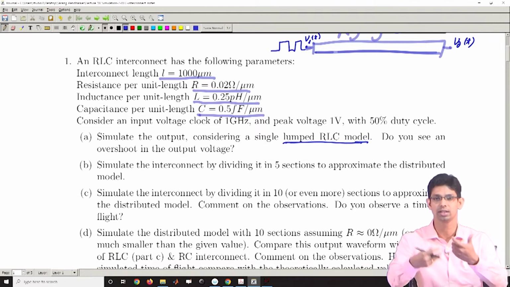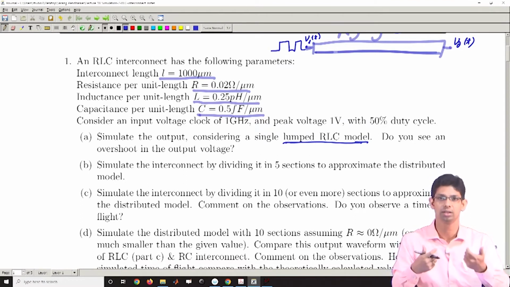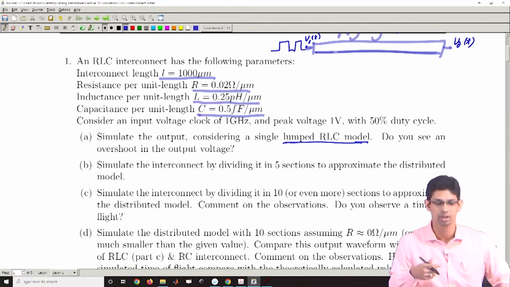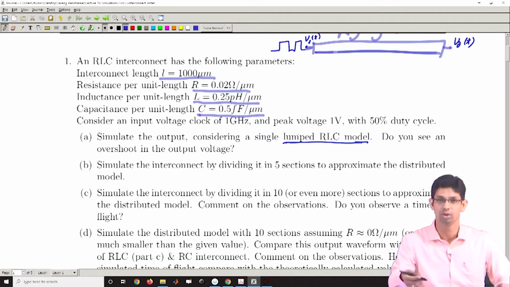The entire resistance, inductance and capacitance is represented by a single lumped resistance, inductance and capacitance. But we will see whether we see an overshoot in the output voltage. Does our two pole model for lumped RLC interconnect concur with what we are looking at